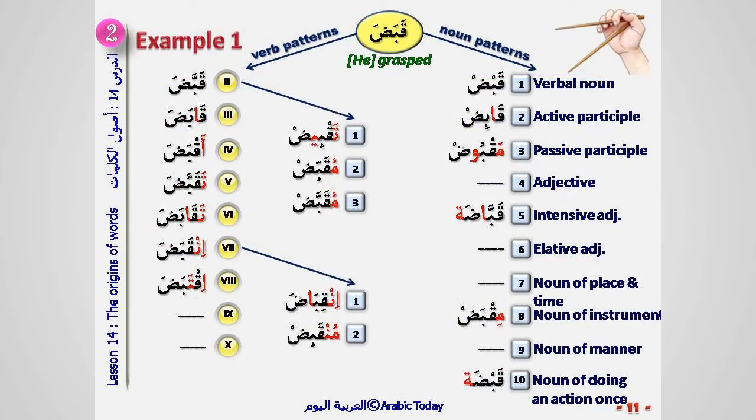To better understand how the model works, I suggest to study the derivational tree of the transitive verb qabada. قبض has several meanings which all revolve around the idea of grasping or holding in one's grip, and by extension, the accompanying movement of the clenched hand, which is contraction and shrinking. Moreover, these meanings may be in the literal or the figurative sense. Note that not all patterns are valid.